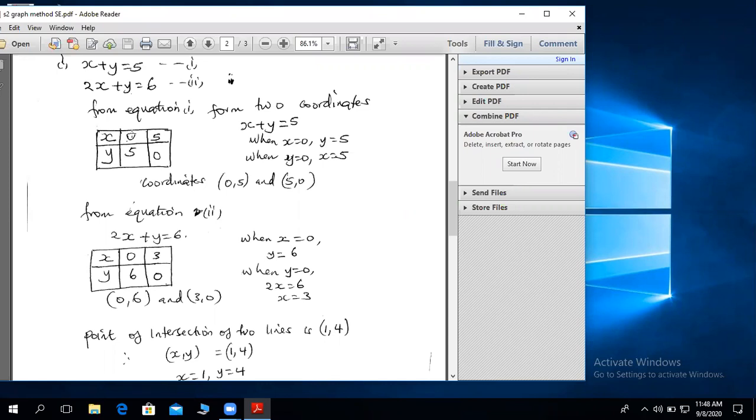So if you have x and y, and you have this as your equation, we like to use 0 because